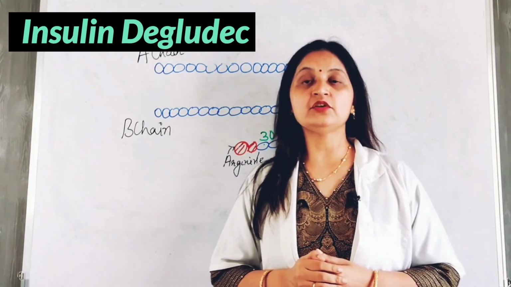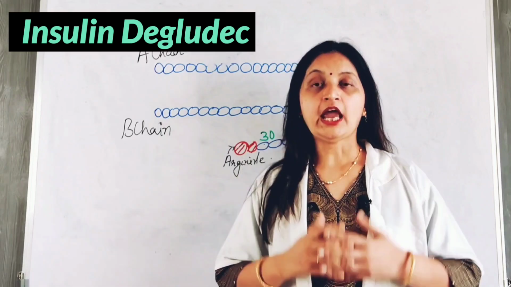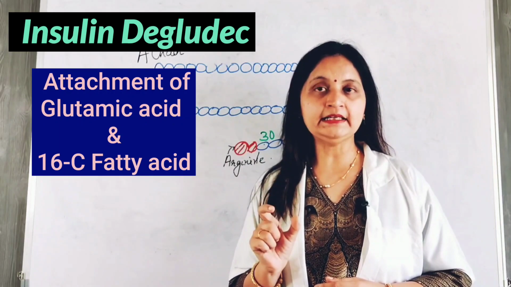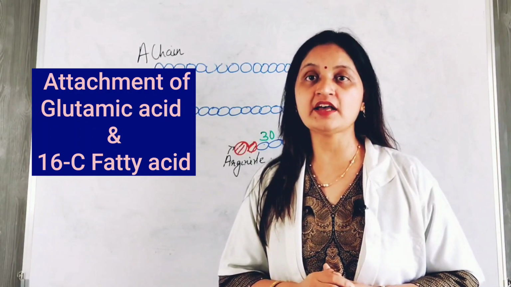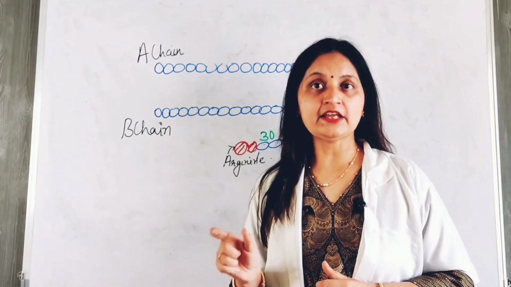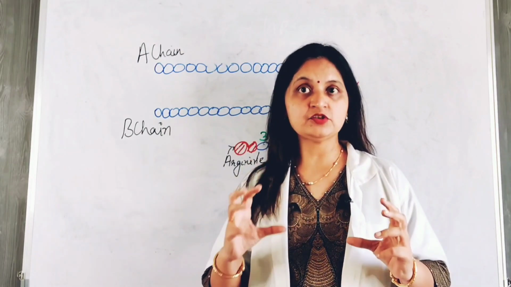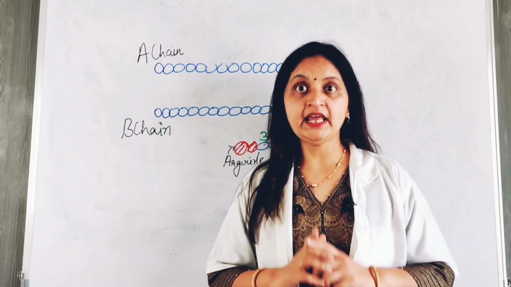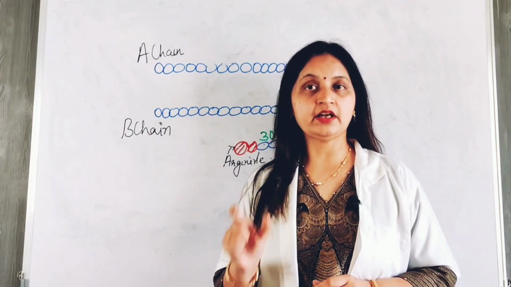So the next long-acting insulin is insulin degludec, with a duration of action of more than 42 hours. In terms of structural modifications of degludec, threonine at position B30 is omitted and glutamic acid and a 16-carbon fatty acid are attached to the last amino acid in the B chain, and this makes degludec a long-acting insulin of more than 42 hours. So both insulin detemir and insulin degludec have a fatty acid moiety attached to the last amino acid of the B chain, and this makes these insulins long-acting, and they provide basal insulin coverage for the